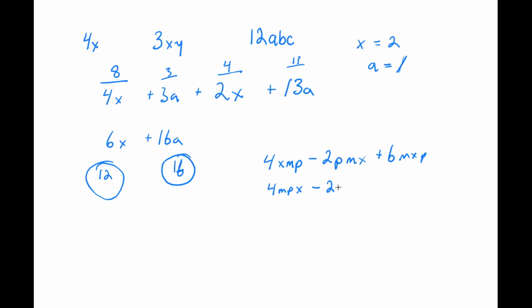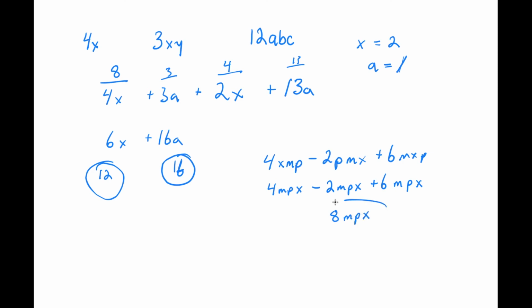2, right, I have an M, I have a P, and I have an X. Okay, and 6, oh, I have an M, and I have a P, and I have an X. Wow, so these all have the same factors, so that means I can do some math with the constants. So 4 minus 2 is 2. 2 plus 6, that's 8. So 8